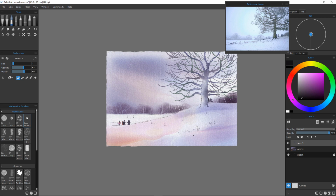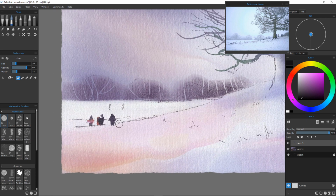Right. I'm thinking this liner brush now, just to put a few. It needs to be a reddy colour. I don't think there's any grass as tall as the people, to be honest. I think what I need to do is pick a sort of a bluey colour, and then